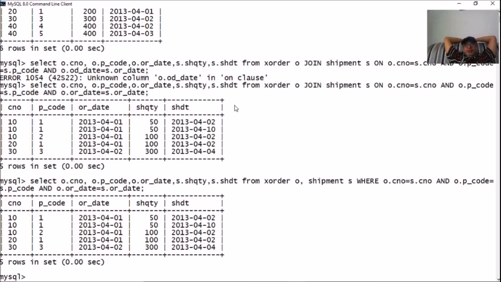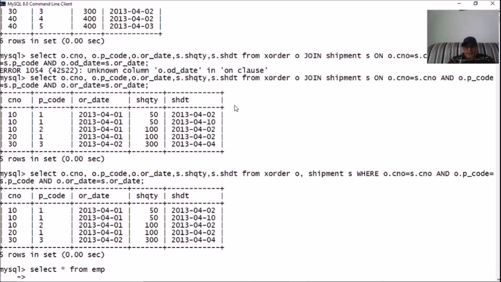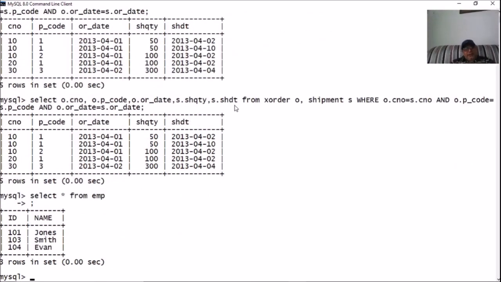Always remember, if we want to join two tables, the tables must have at least one common column. Okay, I've created a few more tables. One is my EMP table, which has ID and name.